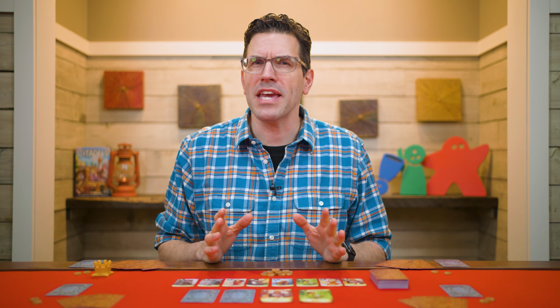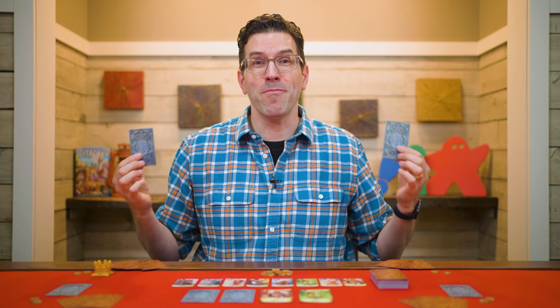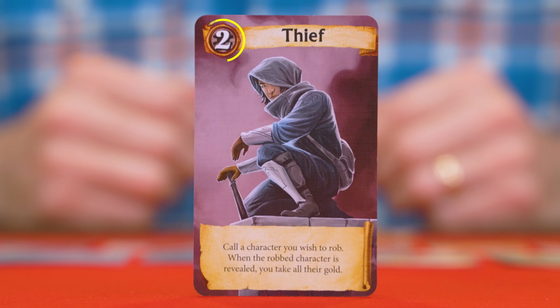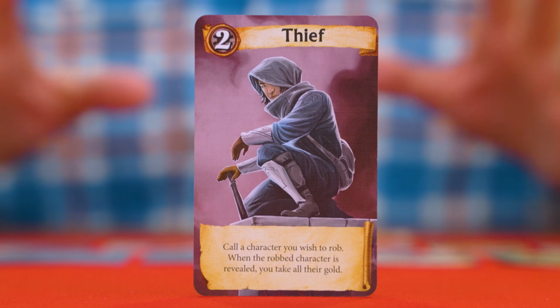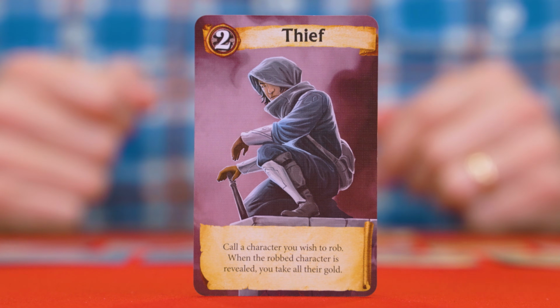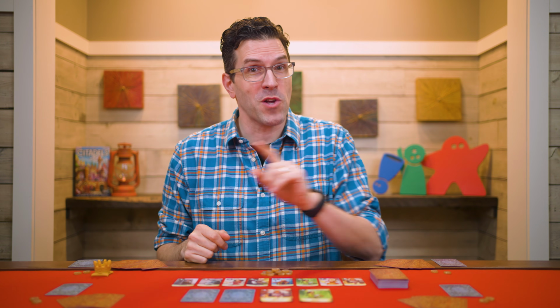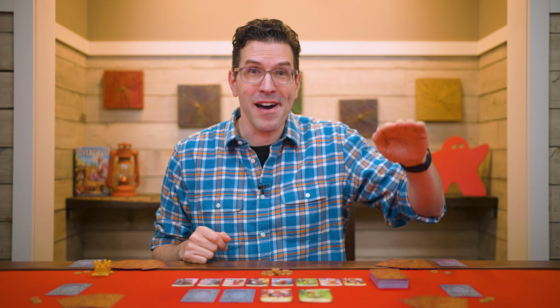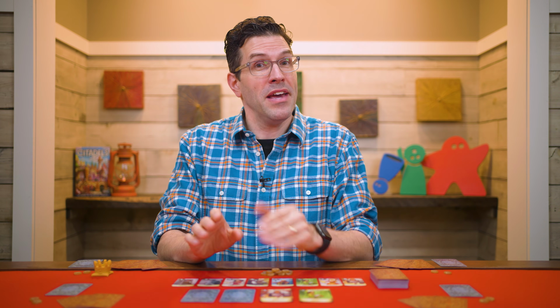Here, turns are taken in ascending order based on the rank of each of the characters the players selected. A character's rank is shown in its top left-hand corner, but players should keep their rank and their character card a secret for now. Instead, the crowned player will call out each possible rank, starting with 1 and working their way up. And if any player hears their rank called out, they stop the count and then they take a